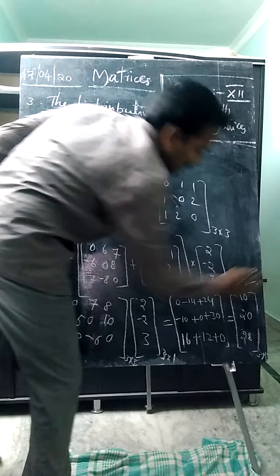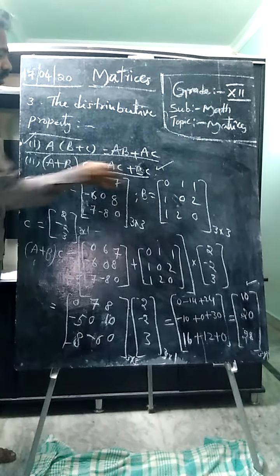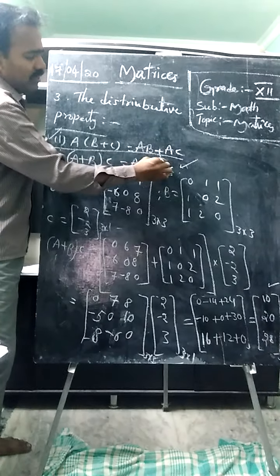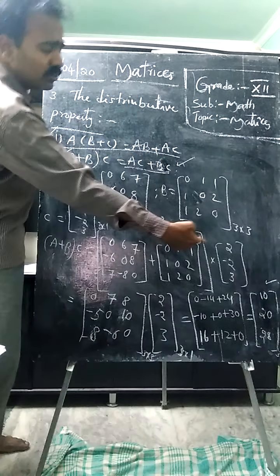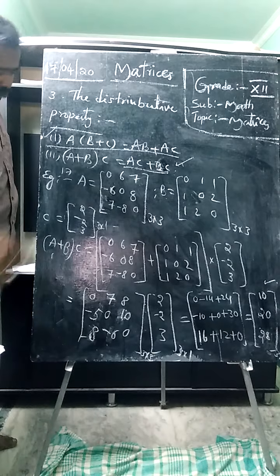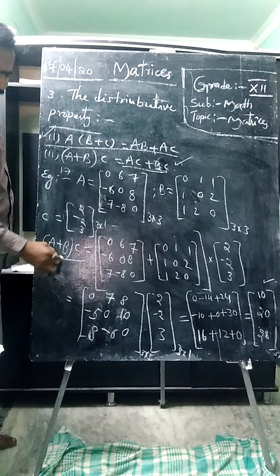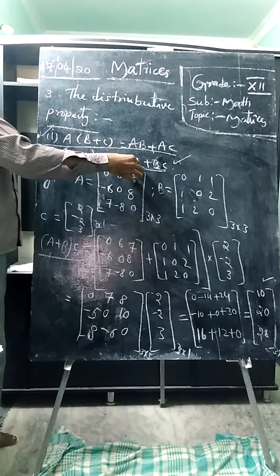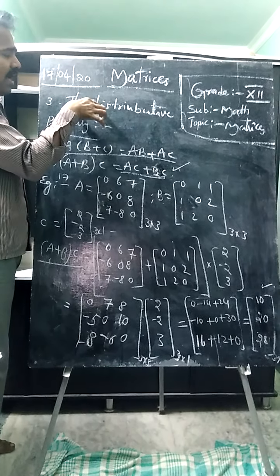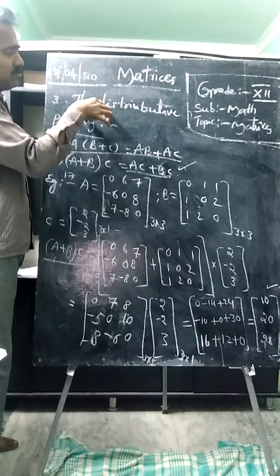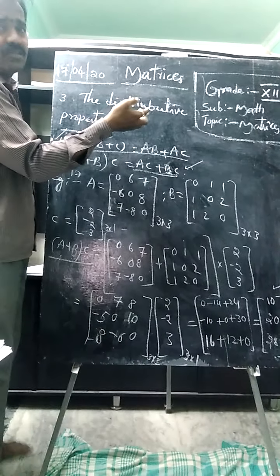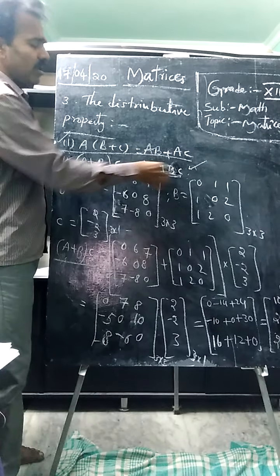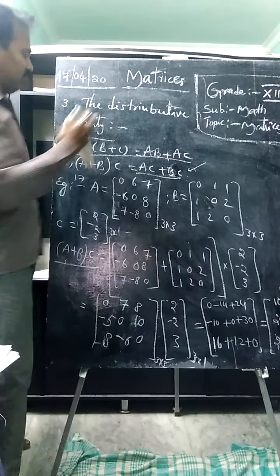So if we add, we get the result. After multiplying A by C and B by C, the sum of these should be equal to that matrix, then our result is true. So we got (A plus B) times C as this 3 by 1 matrix. As per the distributive property, which exists in matrices, it should be equal to AC plus BC. Let us check whether it is possible or not.